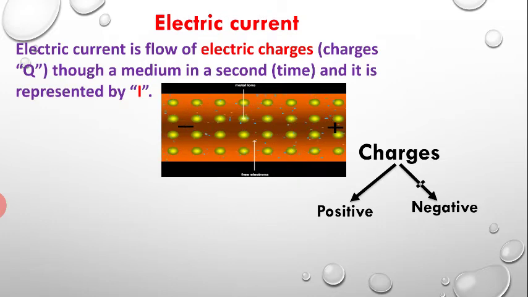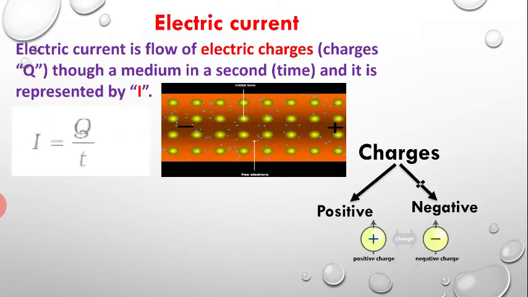Carefully watching this picture and this small video, you will find that the electrons are actually moving in a certain direction. Means if the electron is moving, and the electron is having charge, then charges are actually moving. When the charges are moving, we can say the electric current is flowing in a conductor. Okay, so this is the picture which shows how the electric current flows through the conductor.